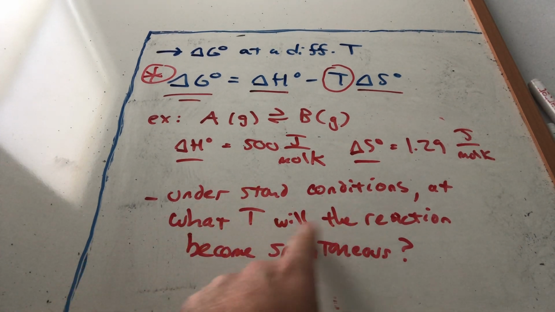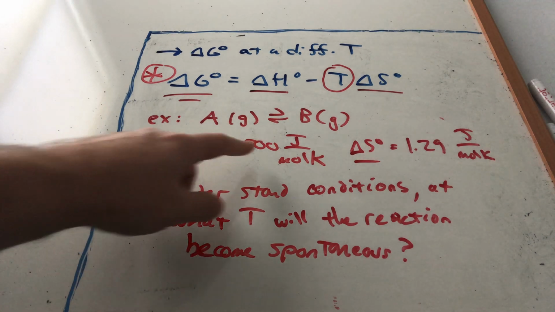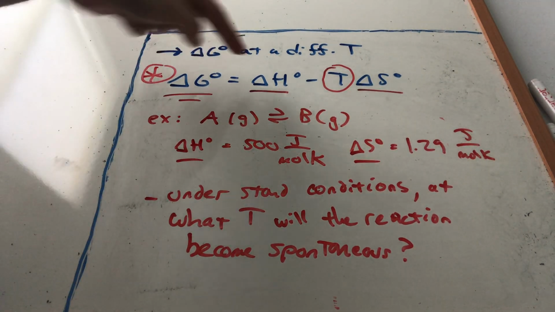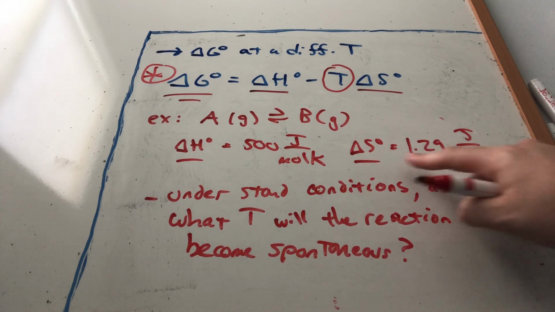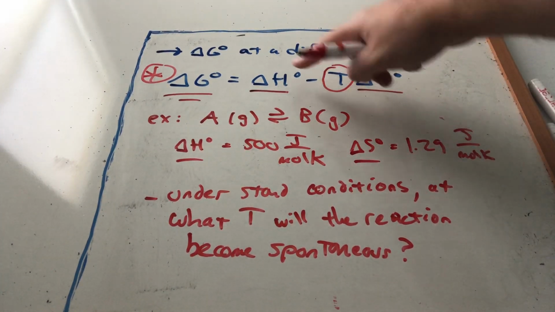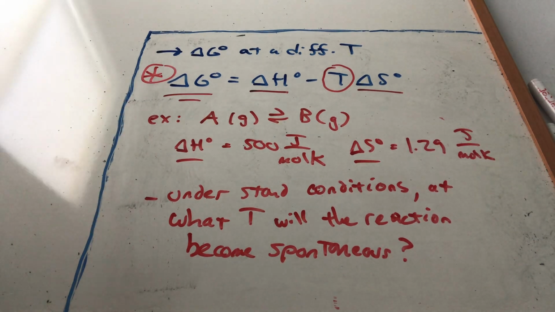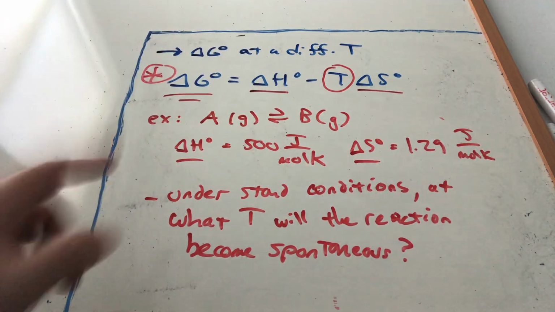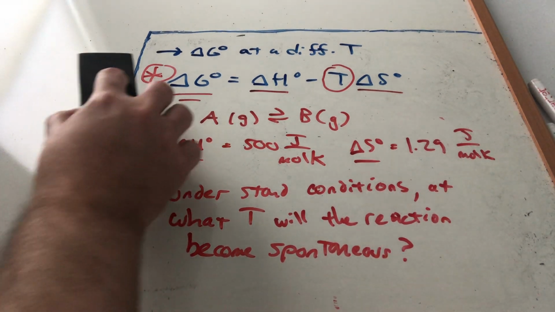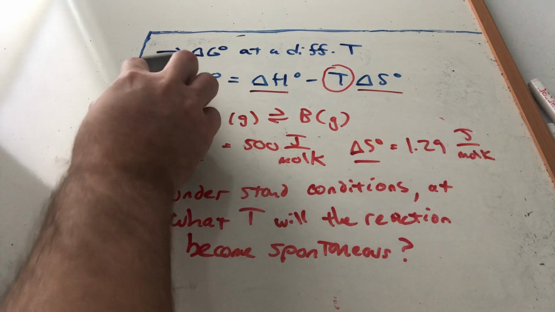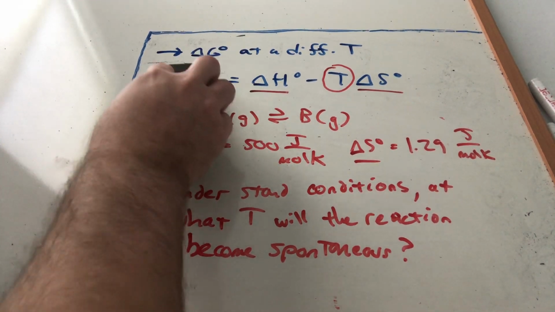So what I want to know is, when will the reaction become spontaneous? We have an endothermic reaction, so delta H is positive. And we have an increase in disorder, so delta S is positive, which makes minus T delta S negative. So we have one of those important situations where T matters. So here's how you're going to approach this problem. You're going to write this down, and then you're going to say, okay,